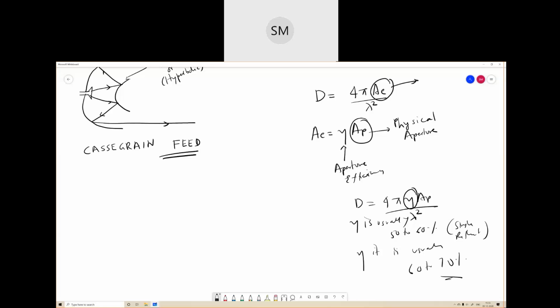Okay. Any other questions regarding this? Any other questions? I think that is more than enough for reflector antennas, and I think that more or less covers our syllabus for the